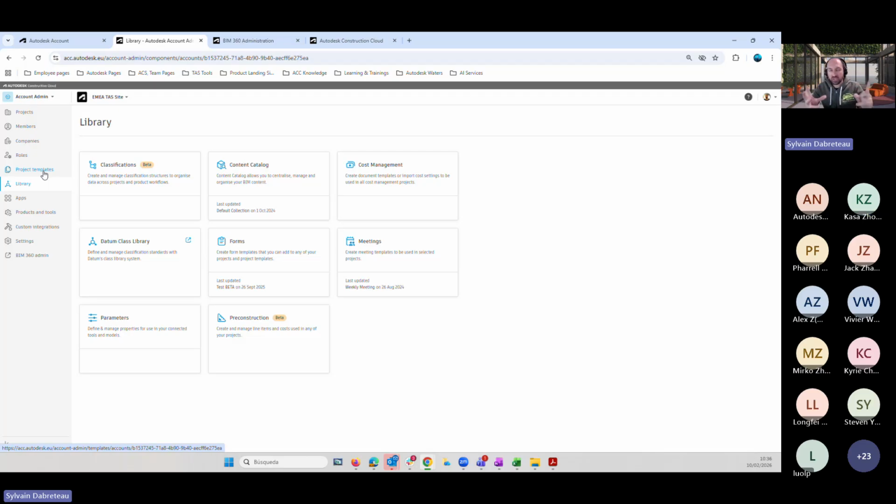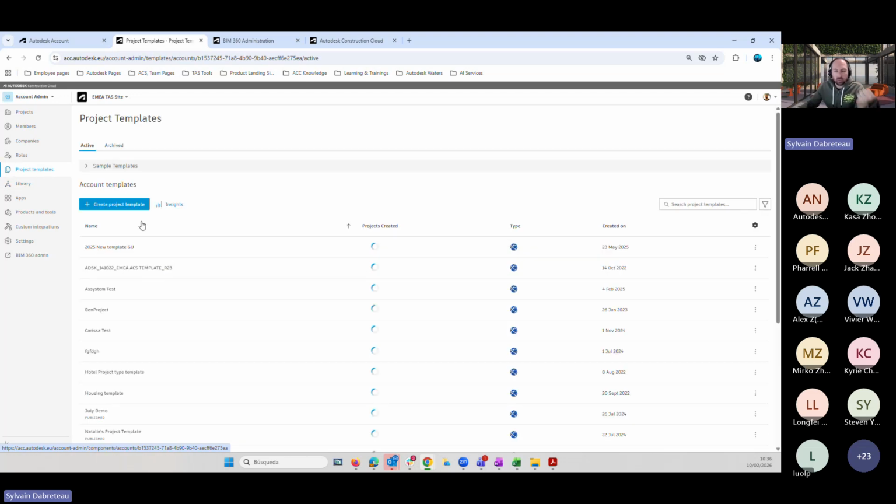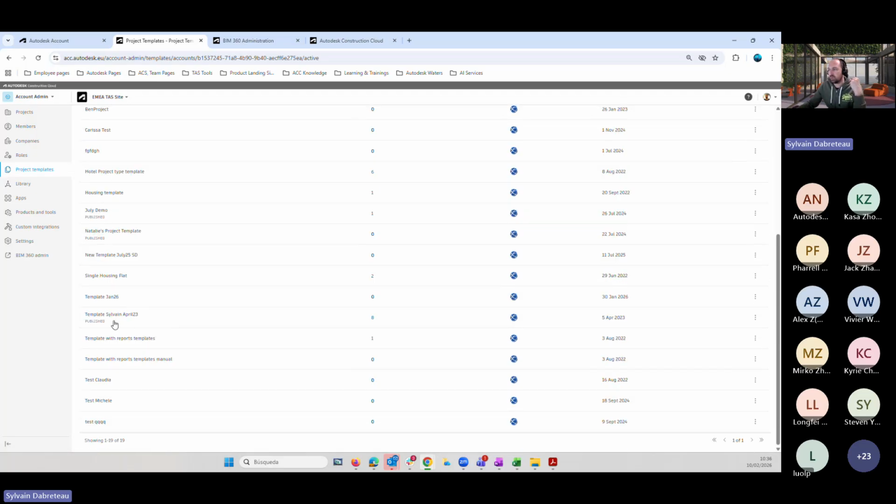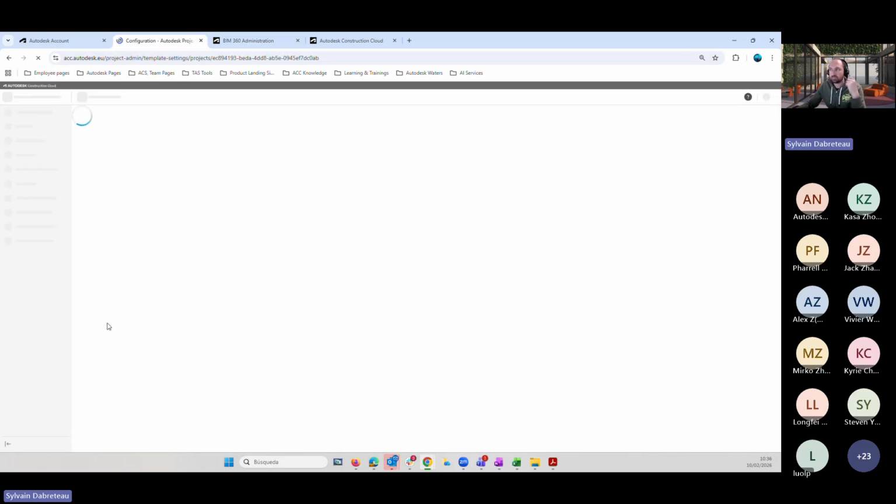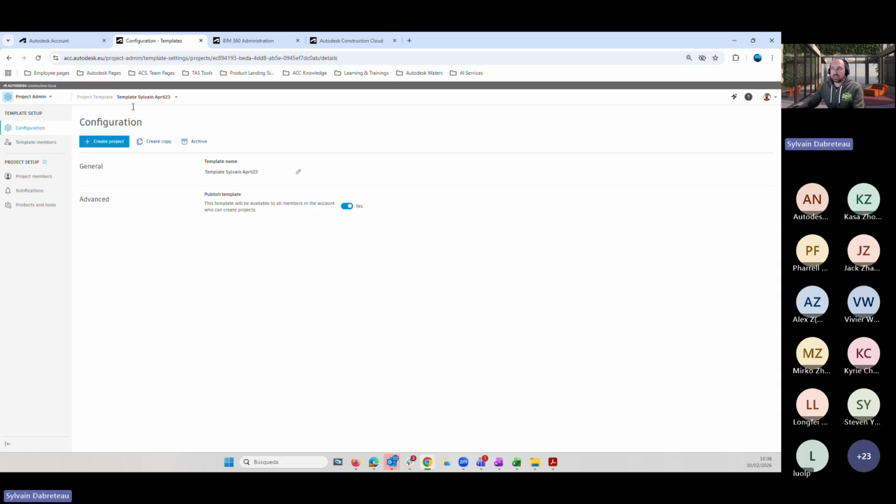So the project template, that means it would be a project that can be used and reused and reused. Yeah. So what do you find in the project template? You will find a folder structure. So I'm going to move to a project template so that you can see. So this is a template. I can create a project from here. What do I find in this project template?